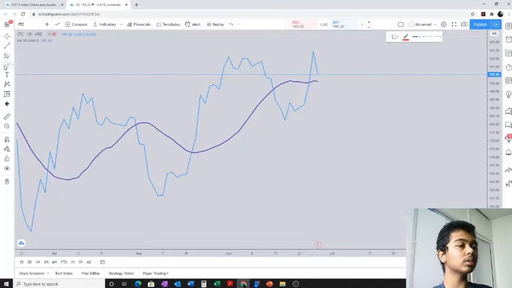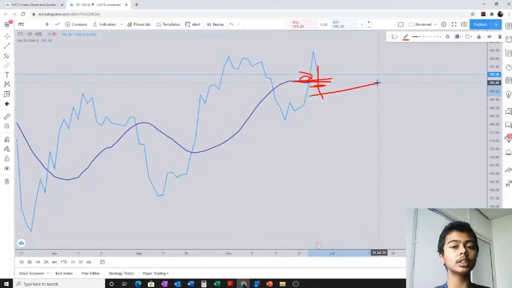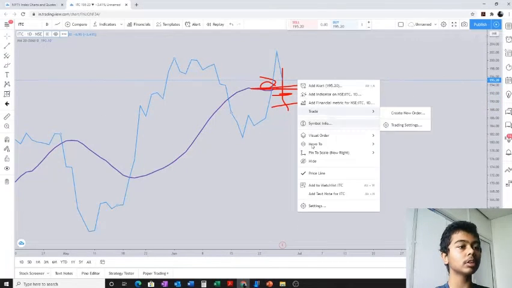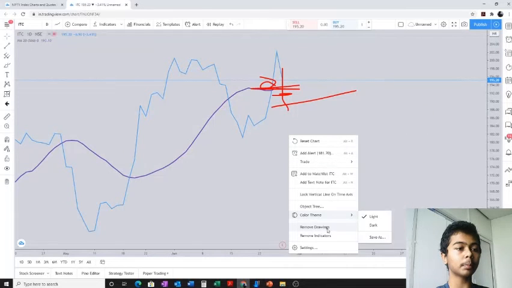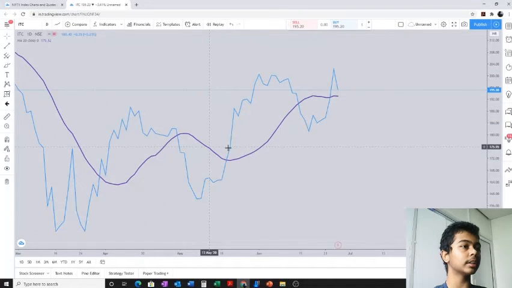So now where do you keep the stop loss? Let's say you buy it, let me say now I bought it over here. If this comes below the moving average, then I will close the position no matter what happens. So this is how I would keep the stop loss. There's no fixed 1% or 2%. When the price goes below, then I'll just sell it off.